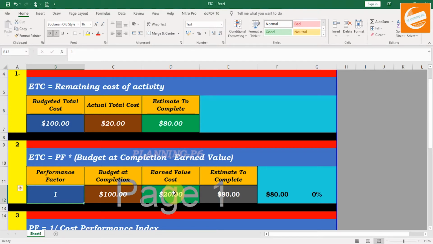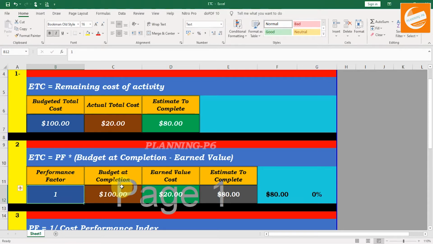Why is the performance factor 1? Because your work is going as you planned, as per your planned cost. Your cost performance index is equal to what you planned, so you are going very well.